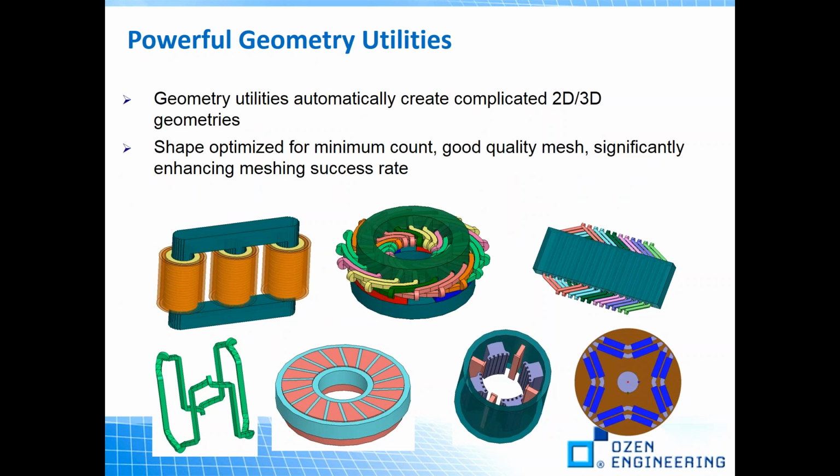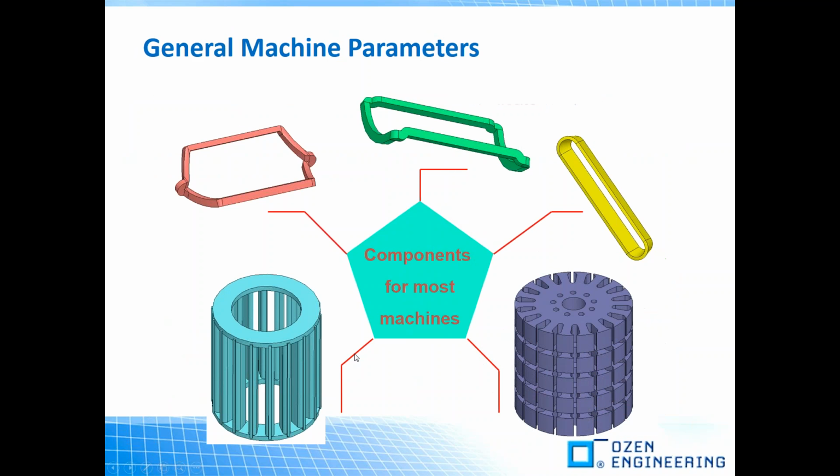Maxwell is really powerful in creating the geometry. It has a library of the essentials of the electric motor designs, so you don't need to create those parts from scratch. That's really helpful. Basically, all the essential components for most of the machines are already included in the library or user-defined. These are user-defined components, so it would be really helpful for creating your geometry and